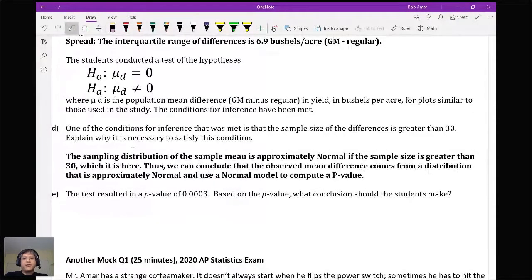In this case, I should say it's actually a t. We should probably say t here because that's probably going to confuse things. And the reason it's a t is since the true population standard deviation is